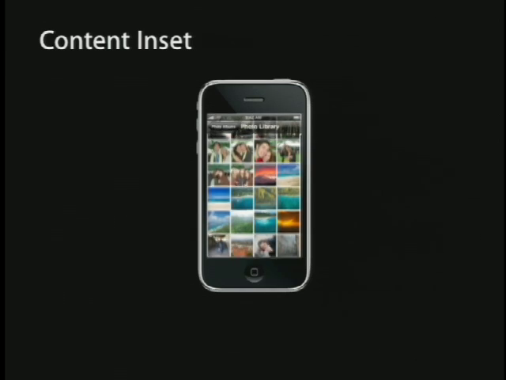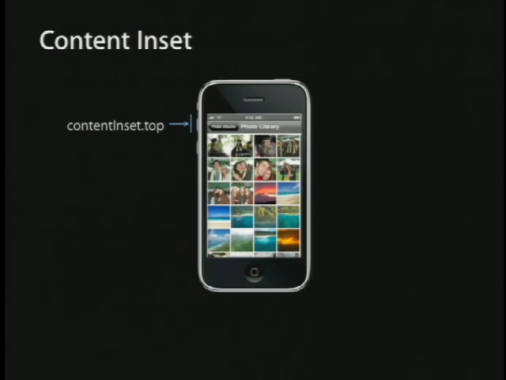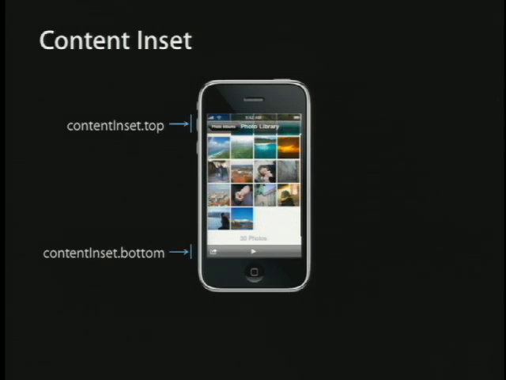So if we set a content inset on the top, that gives us the extra scrollable space we need to be able to scroll that down below the stuff that's on the top of the screen. Same thing for the toolbar down at the bottom. We can set a content inset on the bottom, which will allow that content to scroll all the way up above it, but still be able to scroll underneath it. So our scroll view is still sized to the full height and width of the screen, and just has these content insets to allow the content to have some extra space so it can get above the other interface elements. All right, so